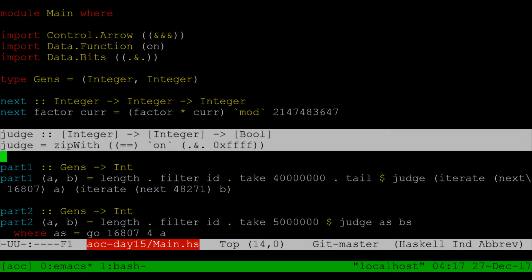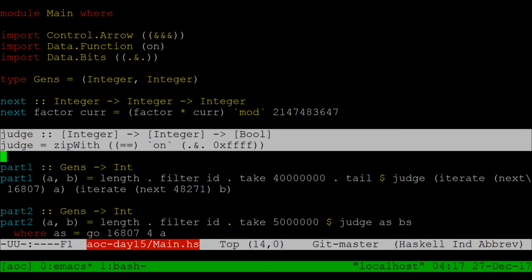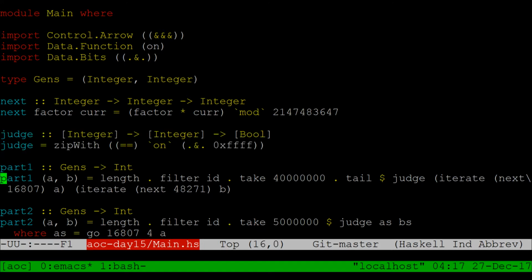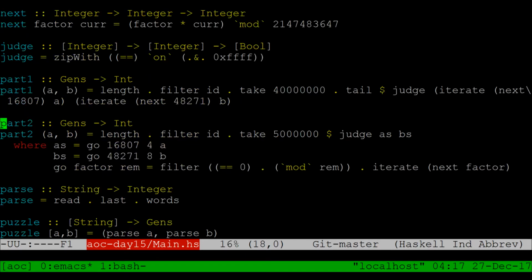I had not extracted this judge function in part 1. I thought that this might be something that would be taken out of in part 2, and I only used it in one place, so I just used it inline. But now, this is something we use for both part 1 and part 2, so it deserves its own function. Part 1 is basically unchanged, except that we are using the new judge function. Part 2,